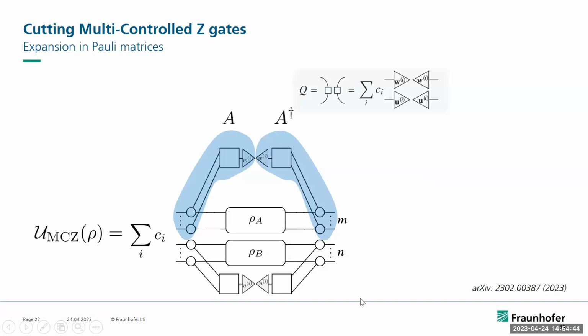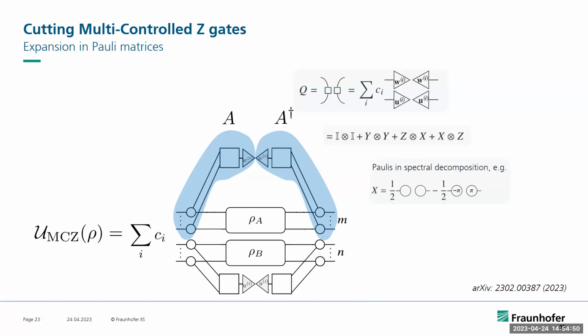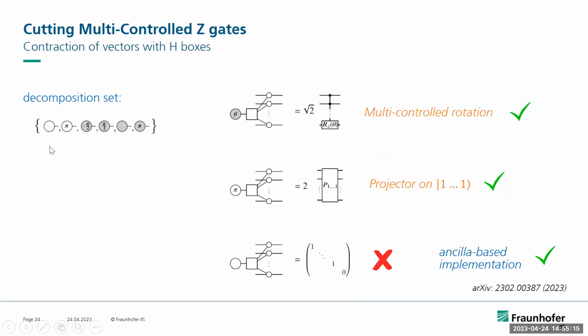What we can do, one way to do that, is we just expand this tensor Q in the Pauli basis and then write each of the Pauli matrices in its spectral decomposition, as shown here, for example, for the Pauli X matrix. And we also represent the identity matrix in eigenvalues of Pauli Y matrices. And if we do that, we define a decomposition set. So the first two states are the eigenstates of the Pauli X, the second of the Y, and the third of the Pauli Z